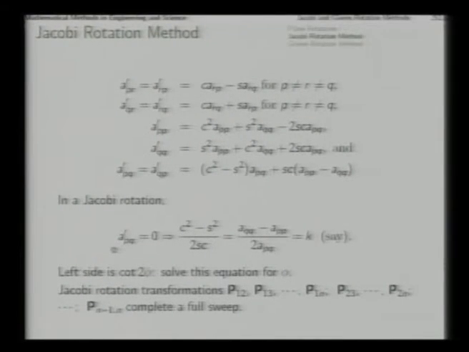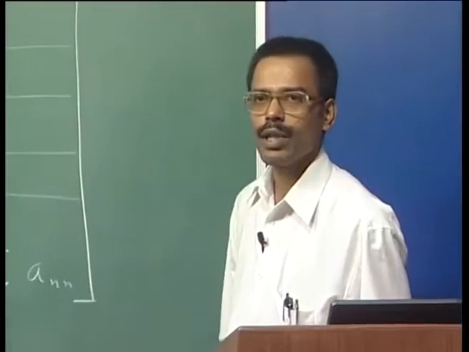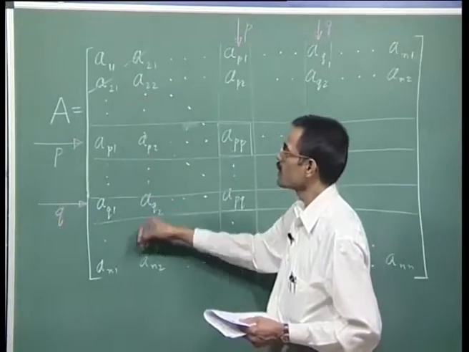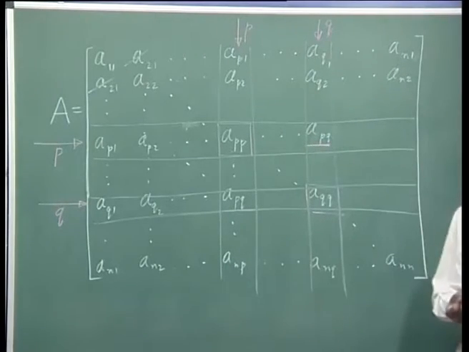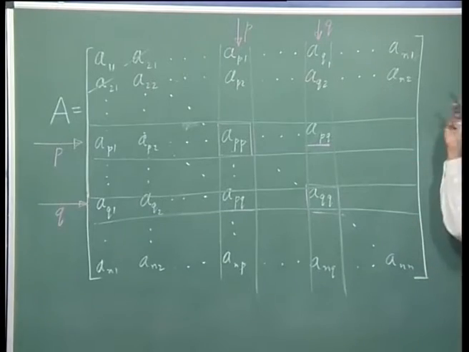But then what does it mean? At the end of it, shall we get the matrix as diagonal? Because we set these as zeros one by one, then these as zeros one by one, and so on, and accordingly we have found the rotation matrices and applied those rotations. So, as a result, shall we get a complete diagonal matrix with all subdiagonal entries and all superdiagonal entries 0? That is not right. That will not happen. The resulting matrix in general is far from being diagonal.